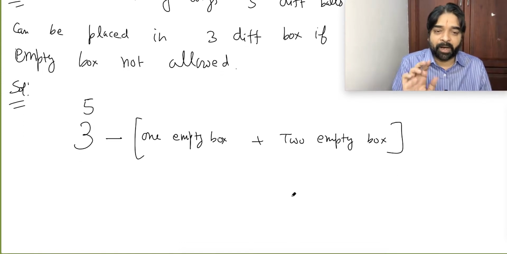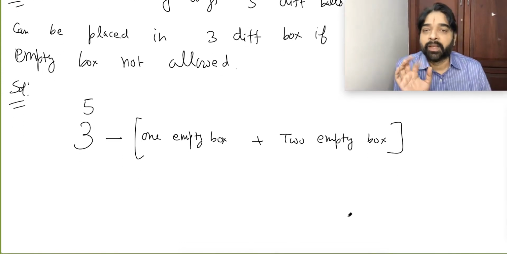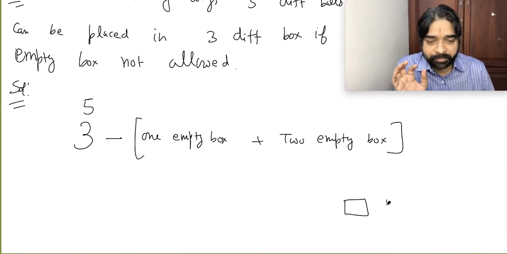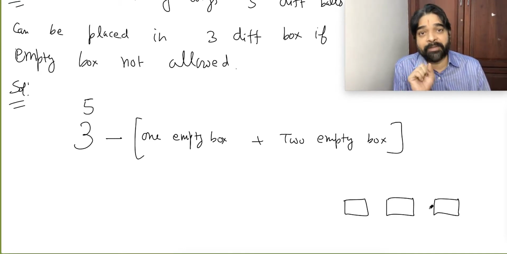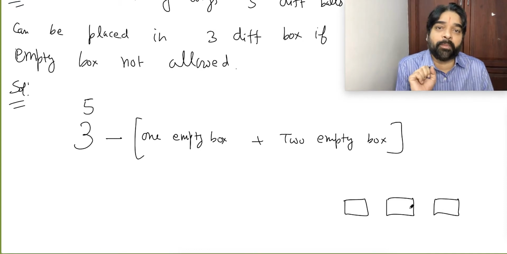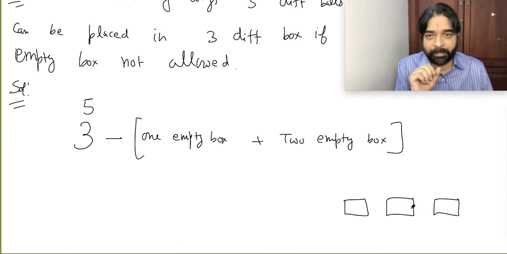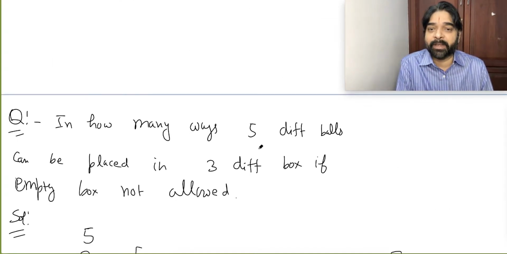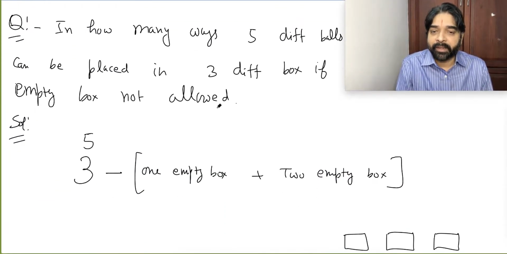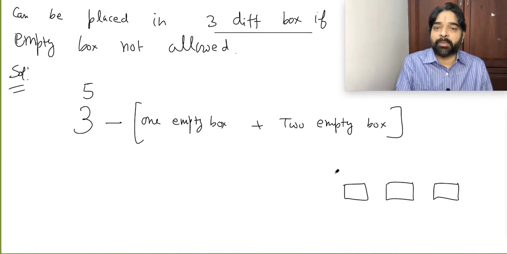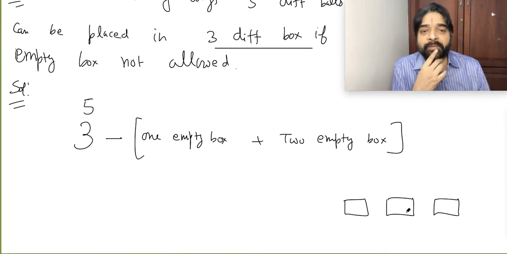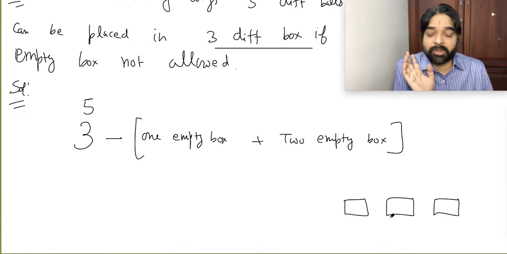For that, again a brand new question. I am having 3 boxes. I am saying all the 5 balls are there only in 2 boxes. 1 box is empty. And these boxes are different. Be clear. These boxes are different because I mentioned here 3 different boxes. Understood my point? So these 3 boxes are different. One empty box case I want to do.